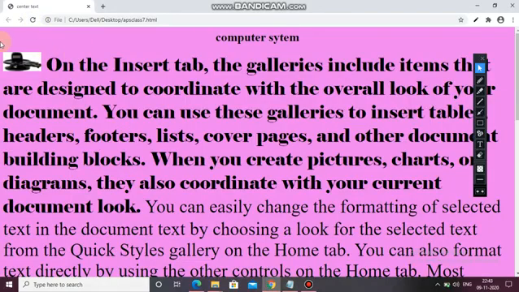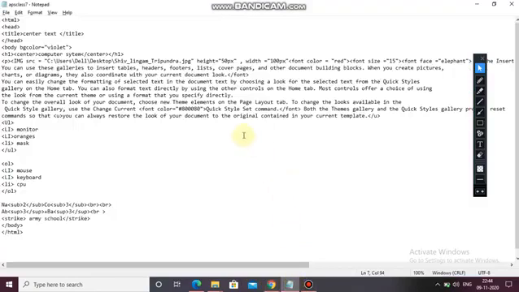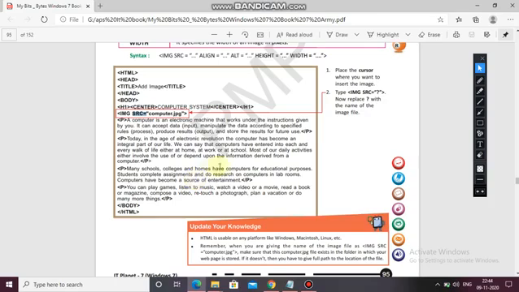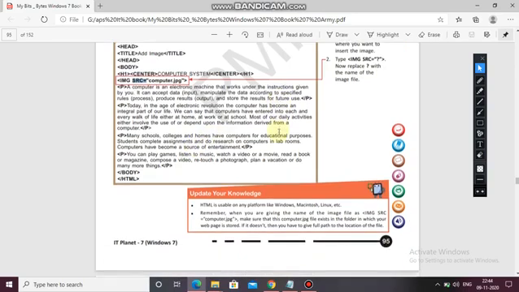Now see here the size of the photo becomes small. Now you can make a bigger size. So instead of 50 pixels you can take 400, and width you can take 600. Control S. Now see here, the picture came according to the height and width which you have provided. So by this way you can add pictures in your web page also. Coming back to the textbook, so here you got it, how we insert the image in our web page.